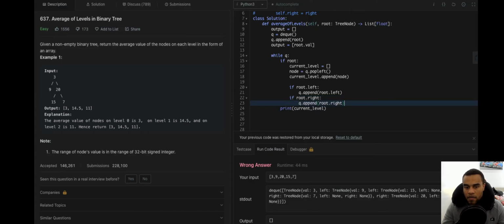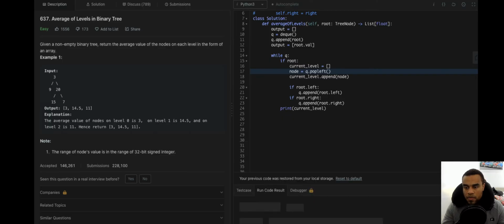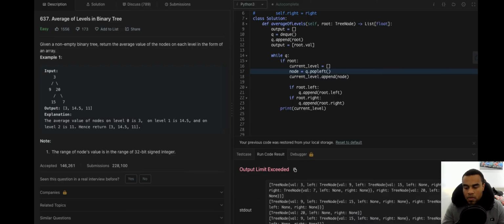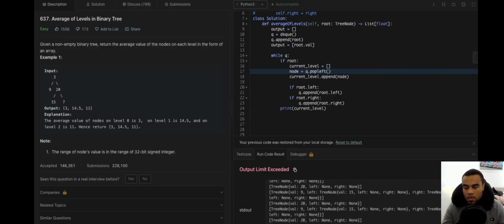So now we have 9 and 20. Node equals q.pop left, current level append, and then print the current level. Wait, what? Oh, that's right, it's added. Leave out the value. Here we're popping node, but we need to append node.val.